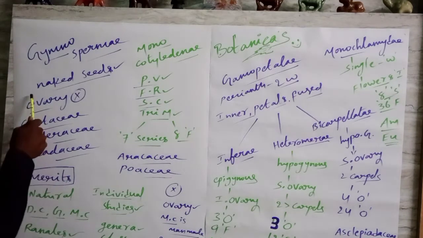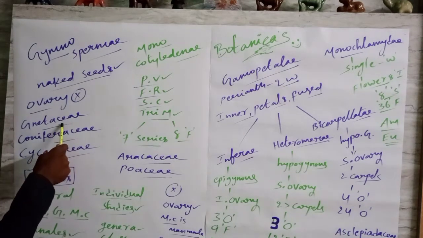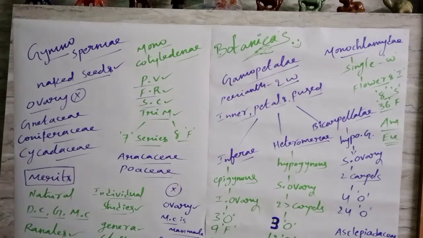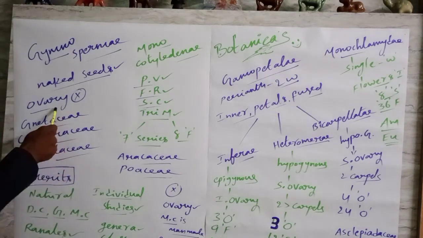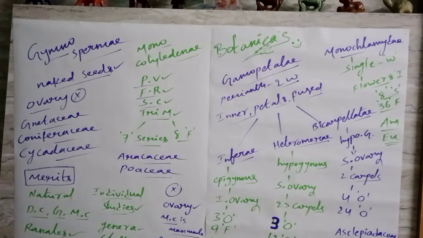So these two are the main characteristic features. Under this gymnospermae, we can see families like Gnetaceae, Coniferaceae, Cycadaceae. So once again, under the gymnosperms, ovary is absent, and the families are Gnetaceae, Coniferaceae, Cycadaceae. These are just small information. Then coming to the last one,